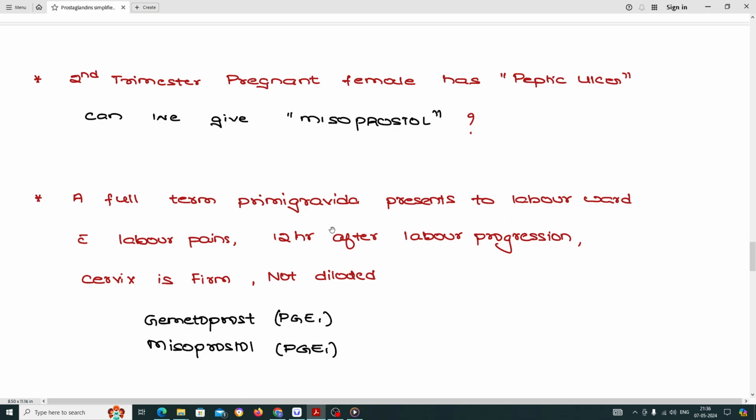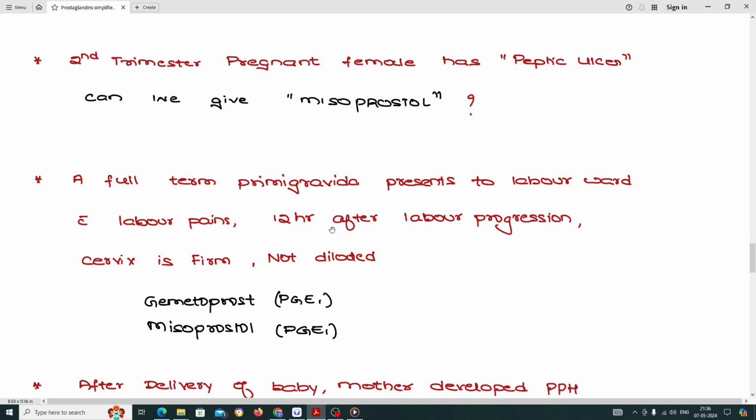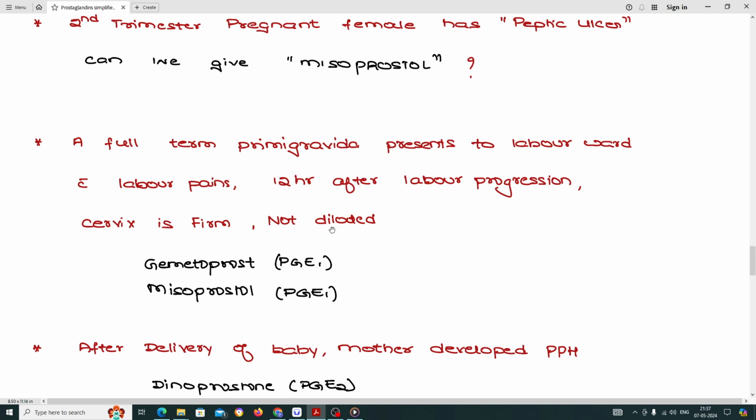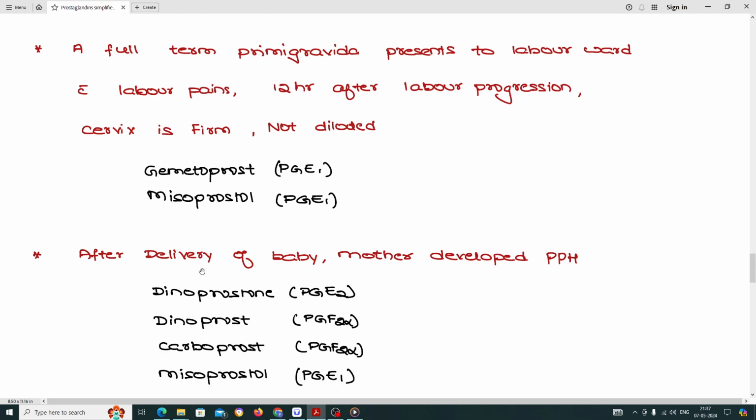And a full-term primigravida presents to the labor ward with labor pain. After 12 hours of labor progression, the cervix is firm and not dilated. Which drugs are to be given? You need to give gemeprost, which is a prostaglandin E1, or misoprostol for cervical priming, which will soften the cervix so that it will make a conducive environment for the induction of